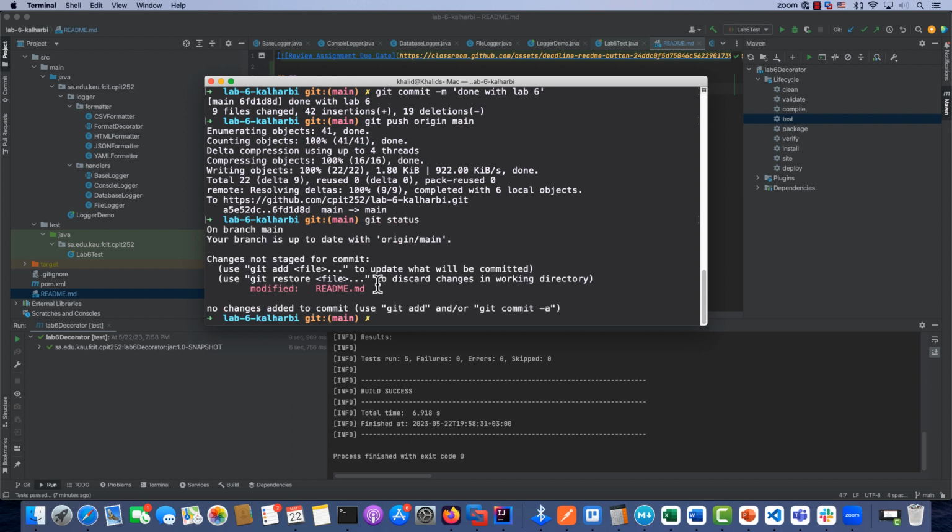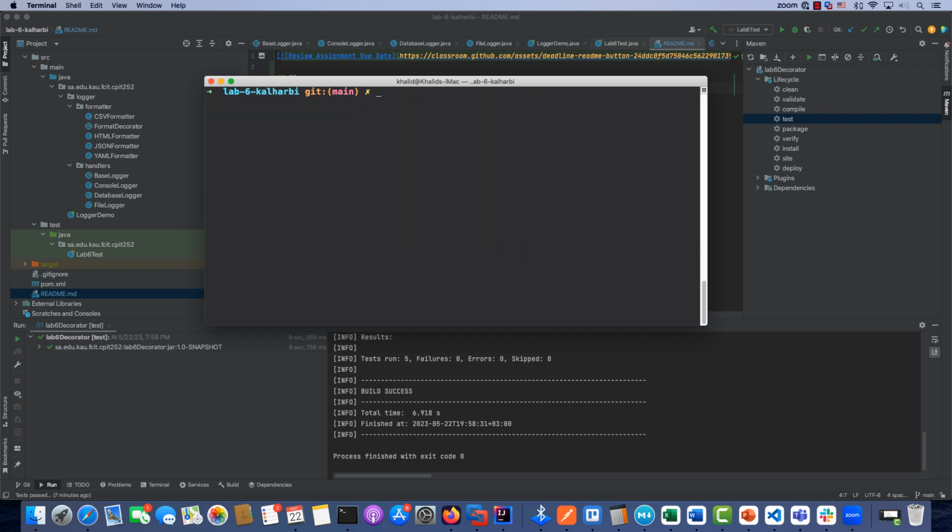So running git status says you modified the README file. So let's add the file and then commit it, right? I'm not gonna do that. I'm just gonna hit Control C at the end of these commands, but I'm just showing you how to do that, right? So you commit,